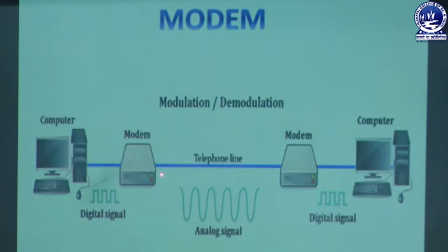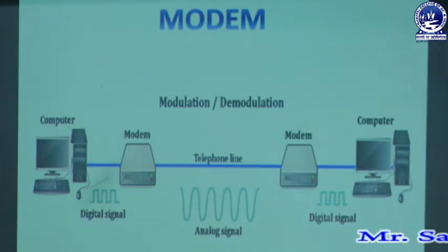This line can be anything. We can use the telephone line from any company, or we can use some other medium through which the data can be transferred. The digital signal gets converted to analog signal through the modem, then it is transferred as analog signals, and again at the receiver side the analog signal gets converted to digital signal. Another modem is connected which converts the analog signal to digital signal, and hence the message is delivered to this system.